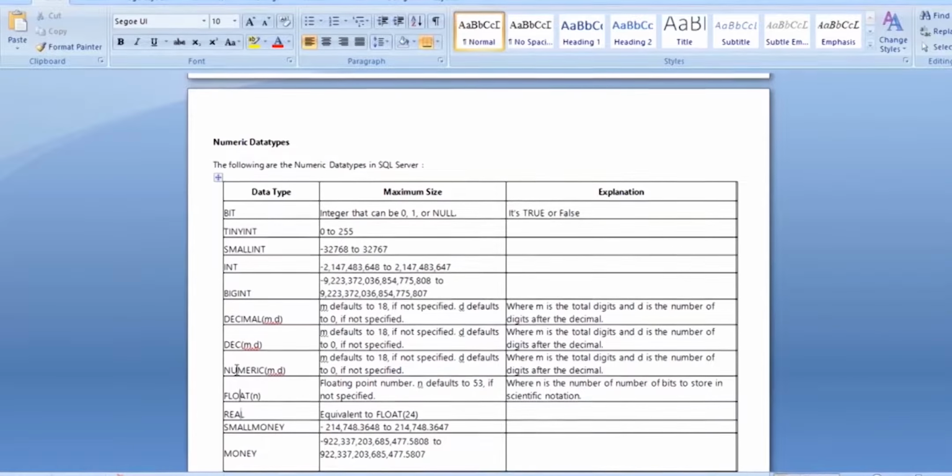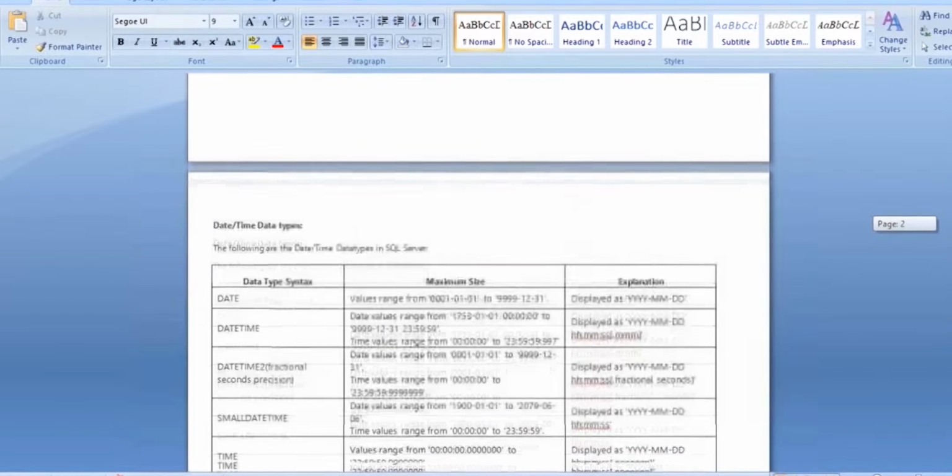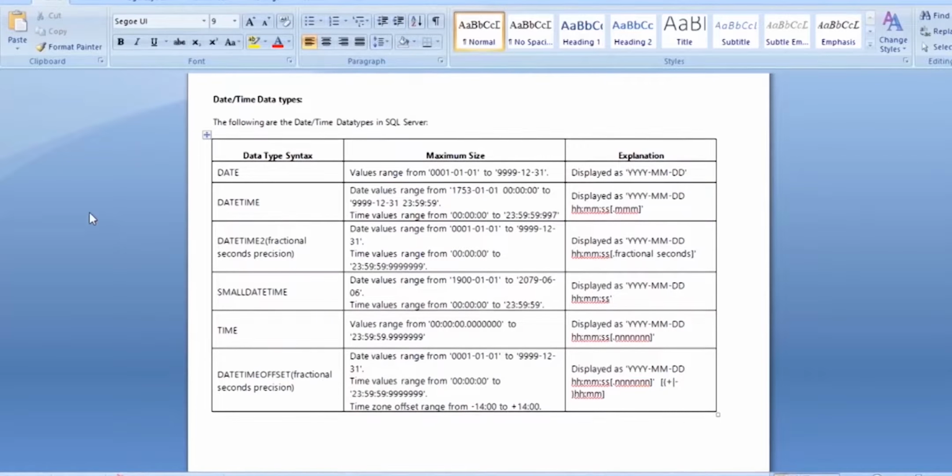And the last and final one we have is date and time data types. What are date and time data types, and why are we using them? For example, if you want to store your date of birth in your column, what formats can you define for that column? You can format it as date, or date and time, or datetime, smalldatetime, datetimeoffset. Based on the ranges of values, we can define a date and time in the particular column. For a date of birth we can define datetime or date. If you only have a date and you don't know the time, you can define that column as a date.